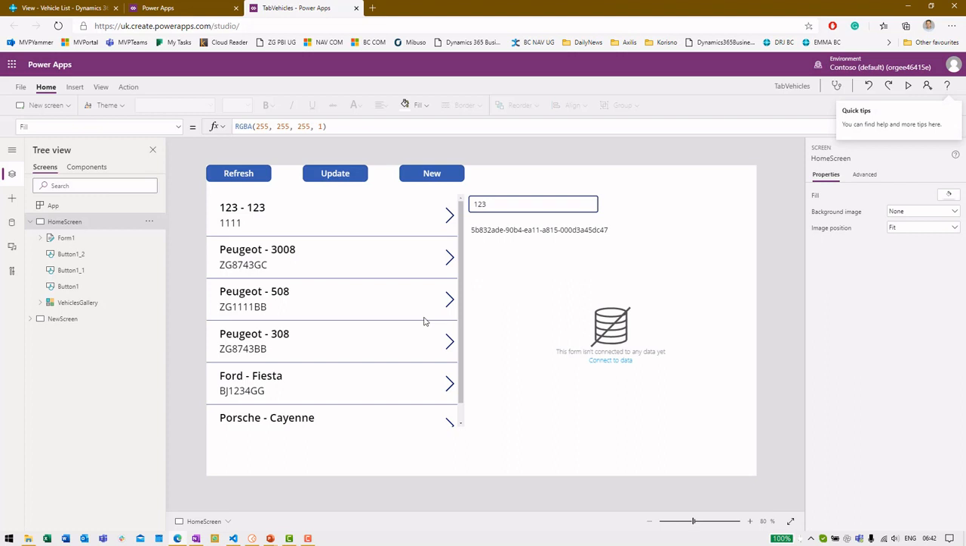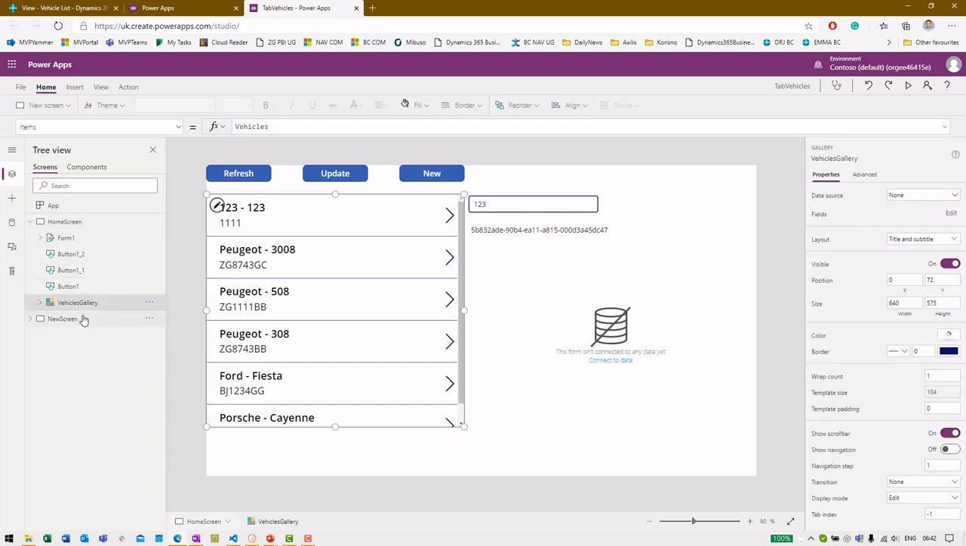This is my model-driven application. It is not too pretty, I just want to show you how you can easily build the application. So here I created one vehicle gallery which contains vehicles items. And if I go to my home screen,